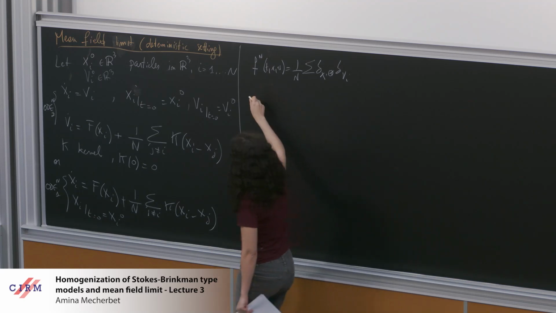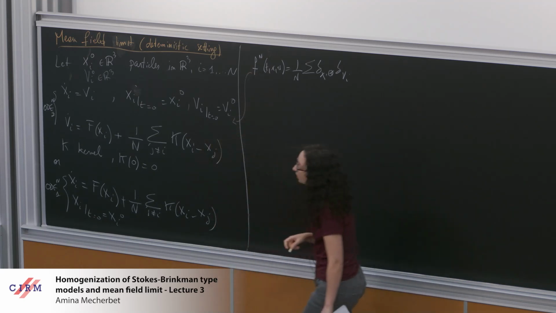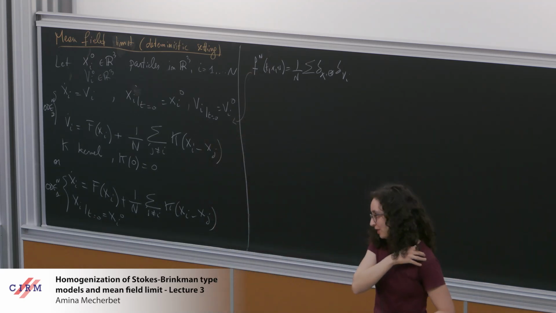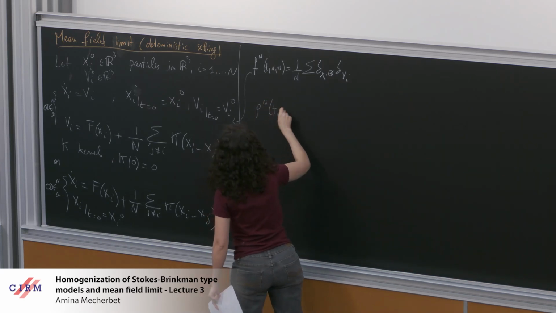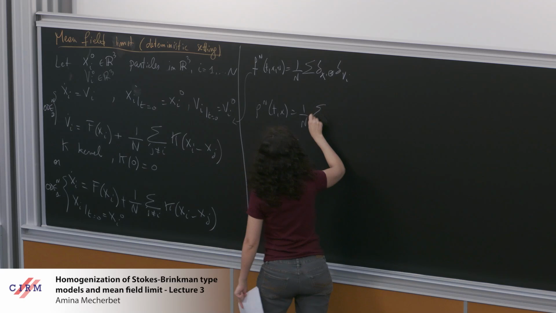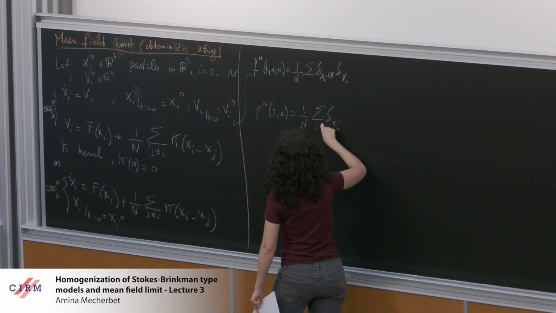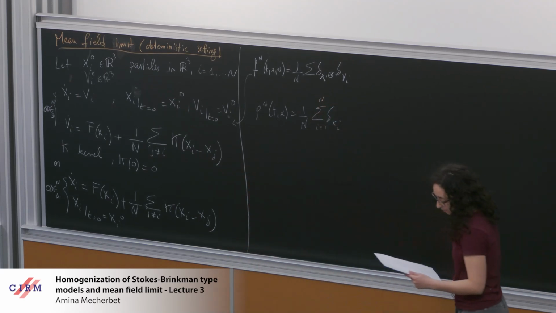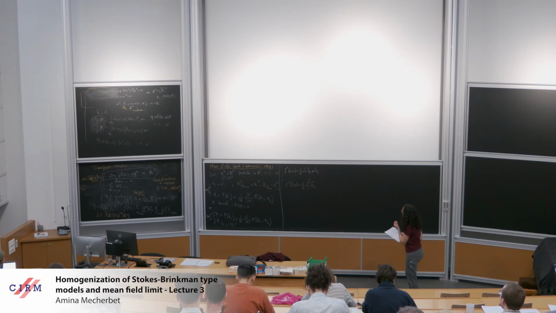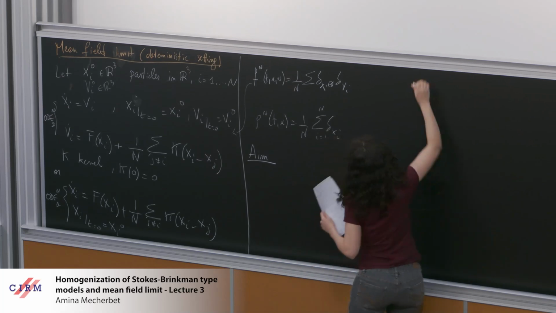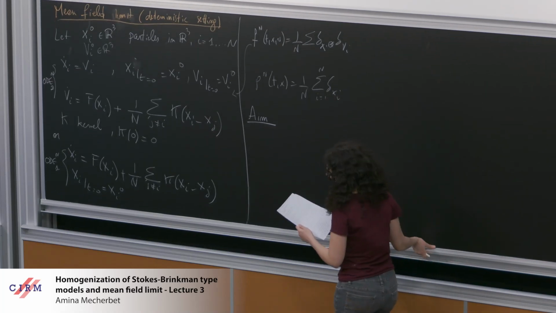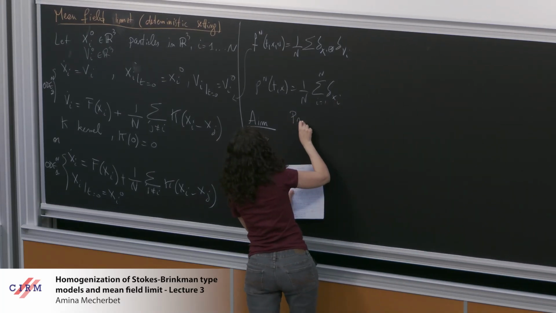So this would somehow store the information about the motion of these particles, and you can do something similar for the other one, which will be this, right? And so the aim somehow is, let's say, aim. I mean, obviously you want to pass to the limit, but more precisely, we want to prove some quantitative